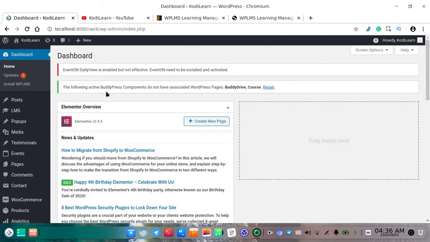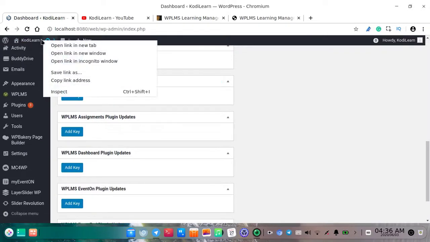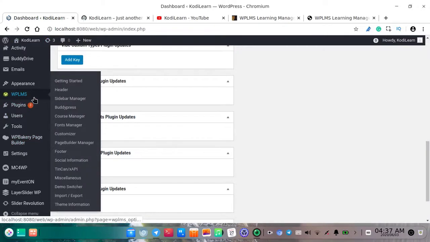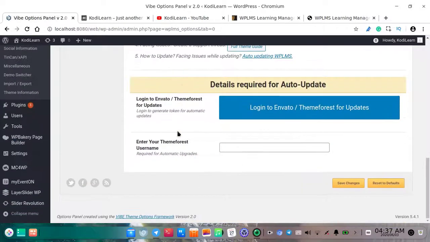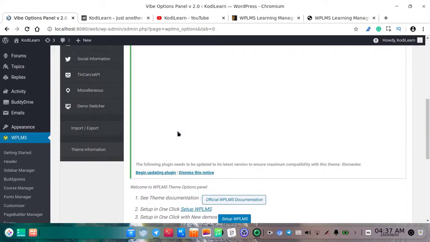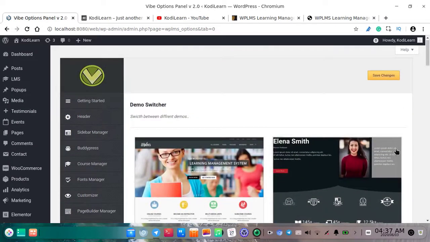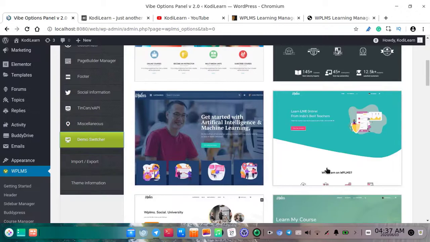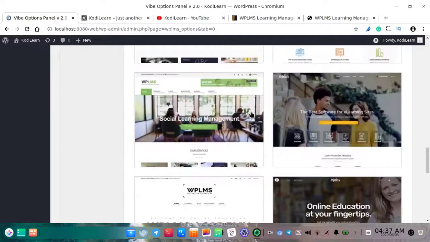So now all the plugins are installed. Let me show how you can install the demo content, and here is the WPLMS new option. Let me click on Getting Started, and here is the customizer option, which means you can customize your website with this. Let me click on the demo switch to quickly install some of the main demo